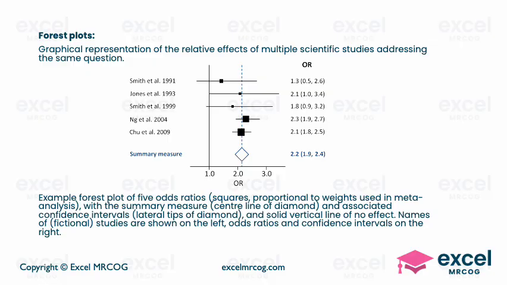Now, since the diamond is entirely to the right of the line of no effect and does not cross the odds ratio of 1, this pooled result is statistically significant, meaning the intervention or exposure is likely to have a real life effect. Okay, so the squares represent individual studies, the diamond represents the pooled analysis, horizontal bars are